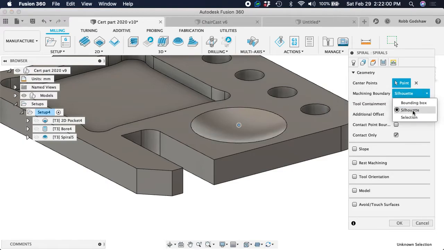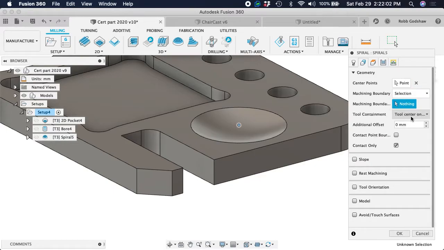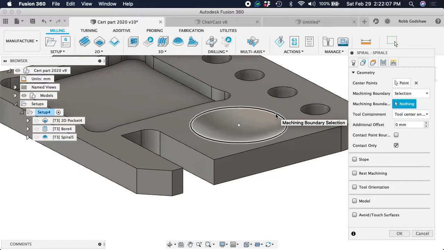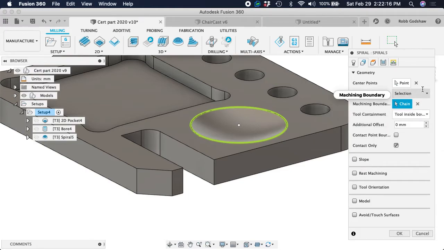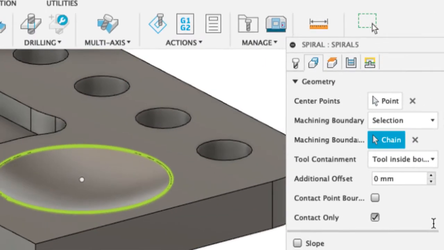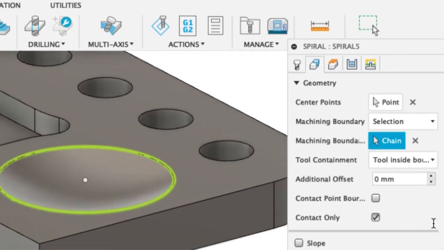But for machining boundary, we don't want to do a silhouette. We want to do a selection. And that selection is the same circle. And tool center on boundary? No, we want tool inside boundary. And you say additional offset minus. I did that last time, but I didn't realize there was a tool inside boundary option, which is way better